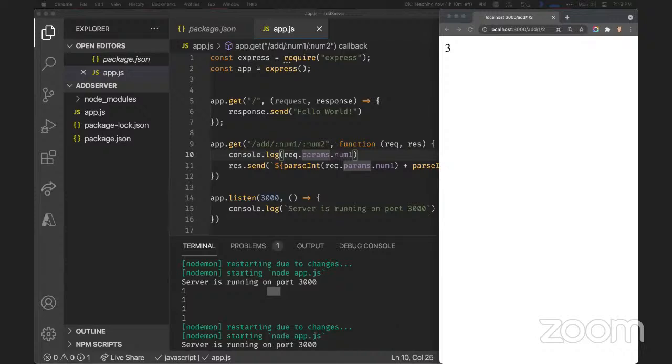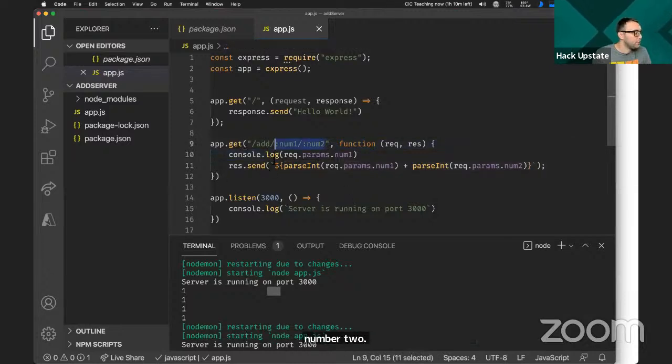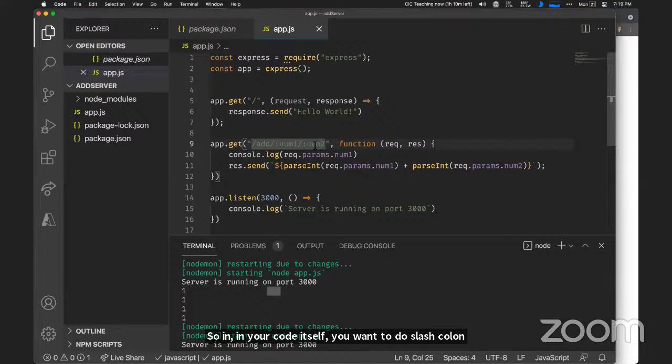I'm sorry, Max. I think you just answered my question, but I was coding. For the URL, we want to do /num1 or /num2. So in your code itself, you want to do /:num1/:num2. There's a space before the colon, right? No space. Oh, it looked like there was.